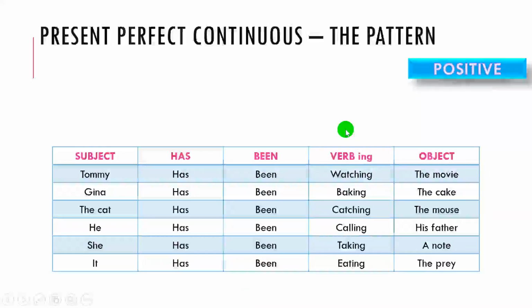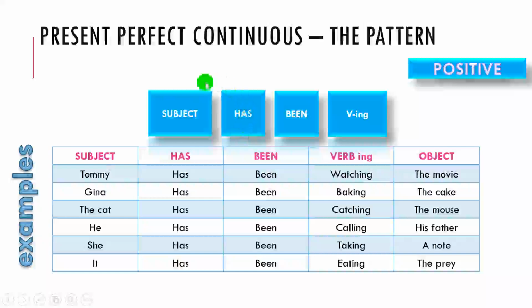Let's go to the pattern of present perfect continuous. Of course, when we talk about the pattern, we have the positive, the negative, and also the interrogative. And then later on, we also have the positive answer and the negative answer. For the present perfect continuous, I split it into the different usage of the subjects. If you see the pattern over here,